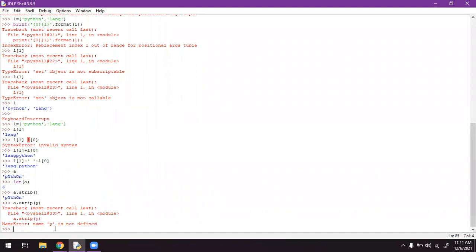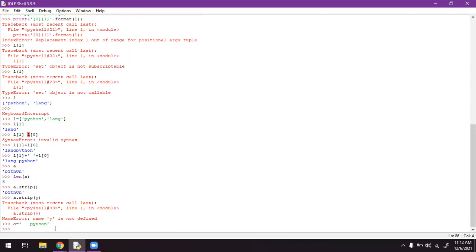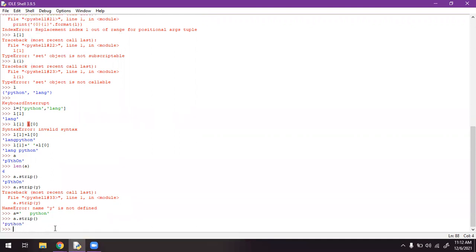So the strip function removes the empty spaces. Since we don't have empty spaces, it is not showing up. Okay, let's say I will take some empty spaces like this. Okay, we have strip. If I hit enter, I will get the cleared string value without any